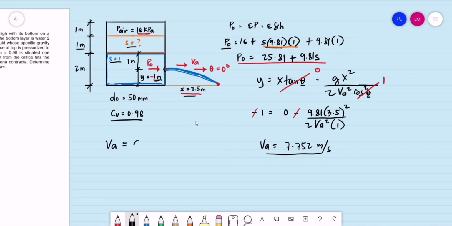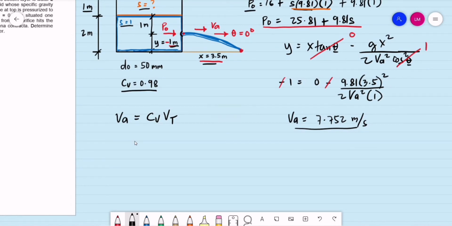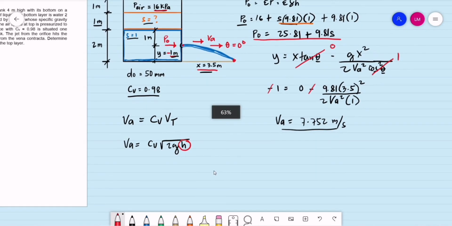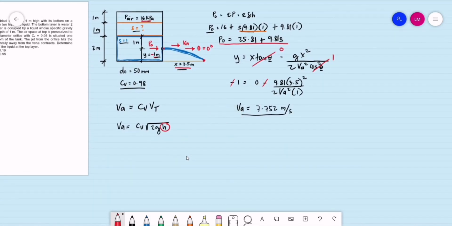Actual velocity is the coefficient of velocity times the theoretical velocity. I-recall natin yun sa intro kanina. Ito yung, okay, the actual velocity is C sub v times the square root of 2gh. So, ang purpose lang nito is para makuha natin yung total energy head or total head na nagko-cause ng actual velocity na to. So, we'll be having, okay, the actual velocity is 7.752